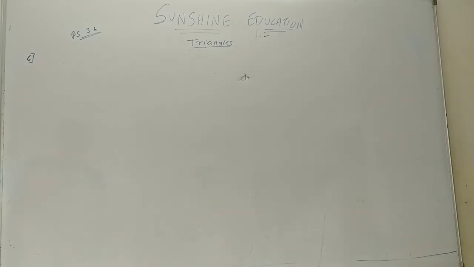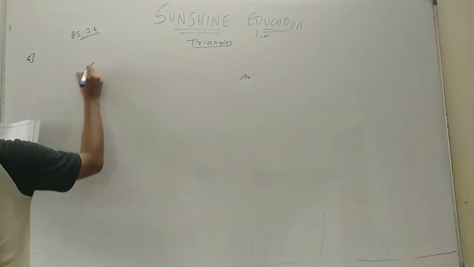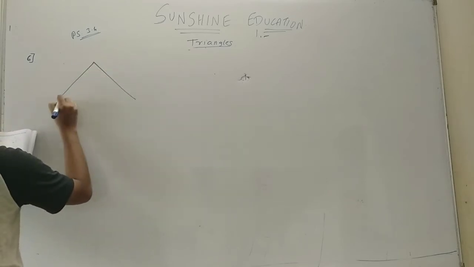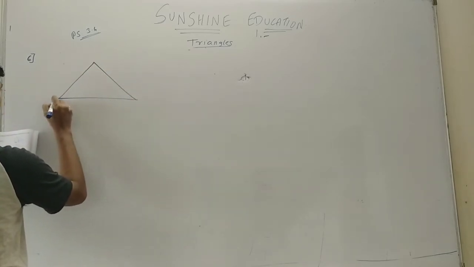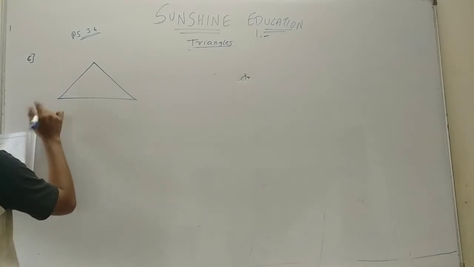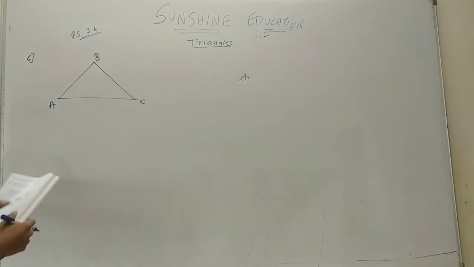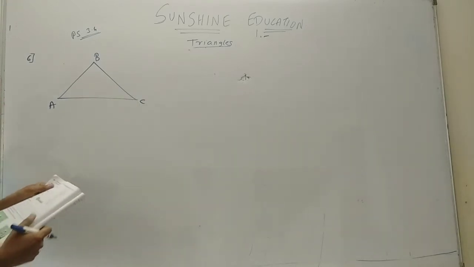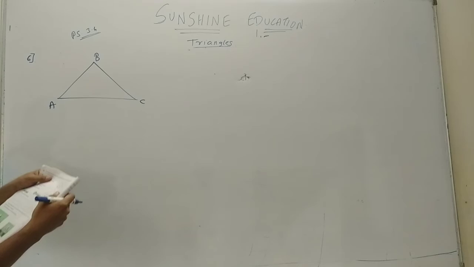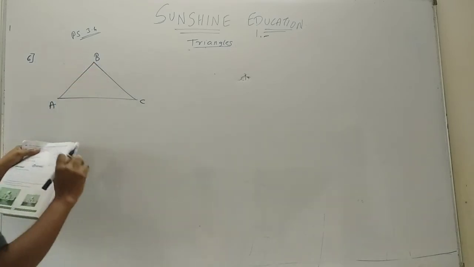What is this? There is the sixth question. Prove that the bisector of angle BAC. So I will write like this. Draw a triangle ABC. Okay, pay attention properly. It is a very interesting and a difficult one. Prove that the bisector of angle BAC. So I'll do one thing.